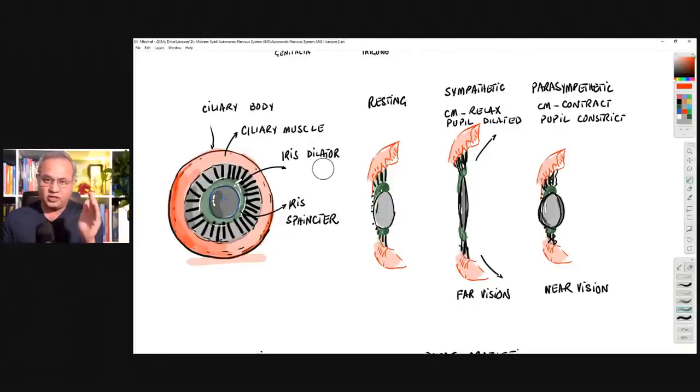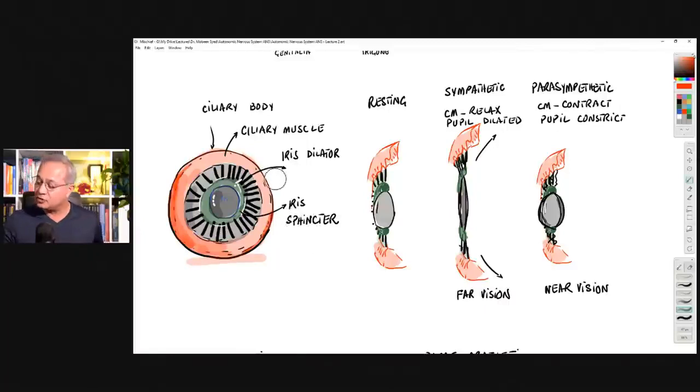So look at the sympathetic system. You are running, the lion is chasing you. You do not want to stop and appreciate a beautiful flower. You have to run. So you have to be able to look far. That means your eyes have to be set for the far focus, not for the near focus. Now, for the far vision, what you have to do is... somebody said belly rub the lion. That would be a good idea as well if the lion lets you belly rub it.